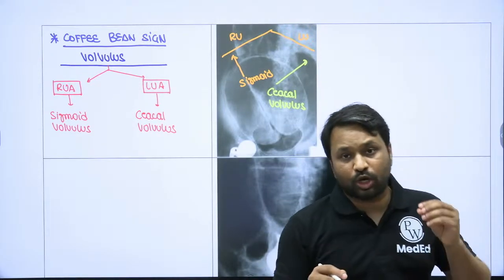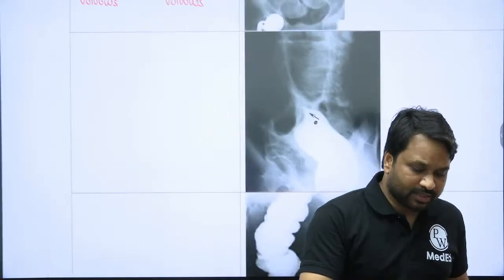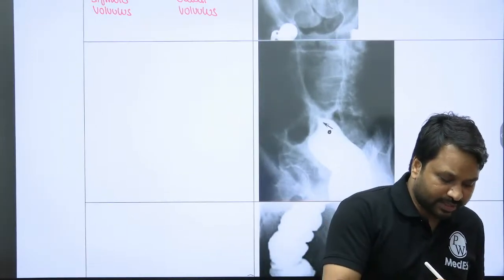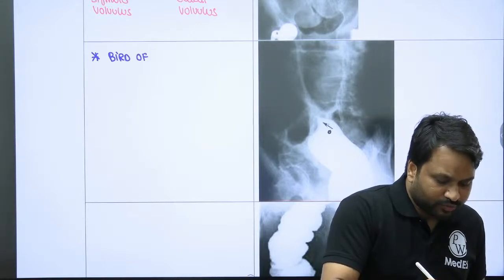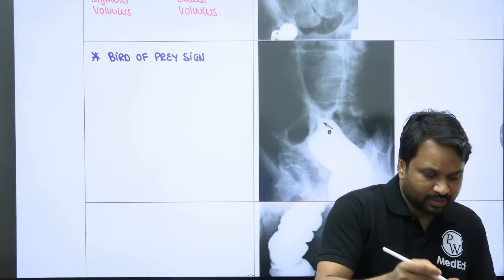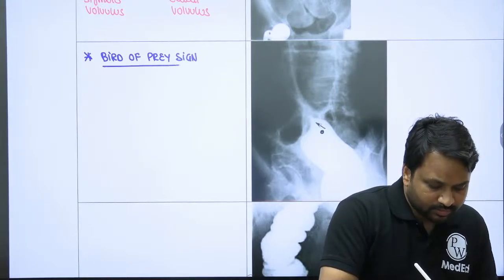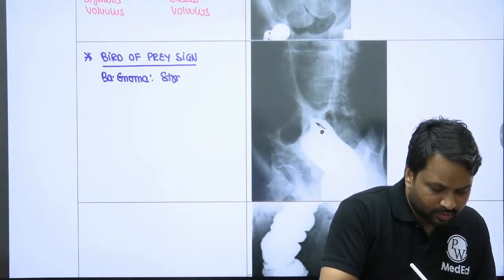If you do a contrast imaging, this is as if a bird is waiting to catch its prey, and this is what we call the bird of prey sign. The bird of prey sign is also seen in barium enema. If you do it on sigmoid volvulus,